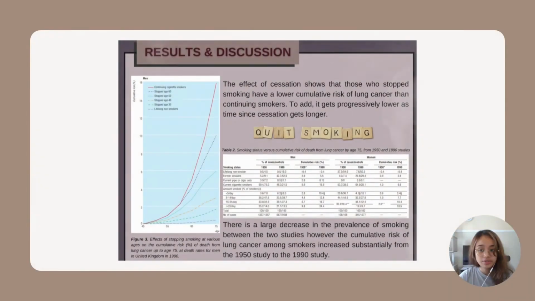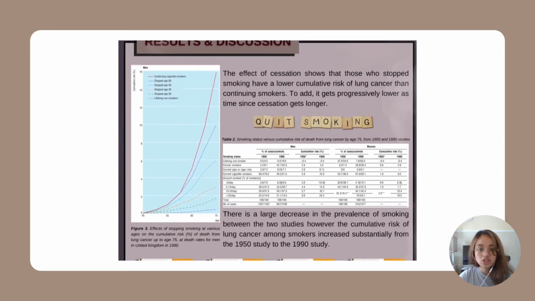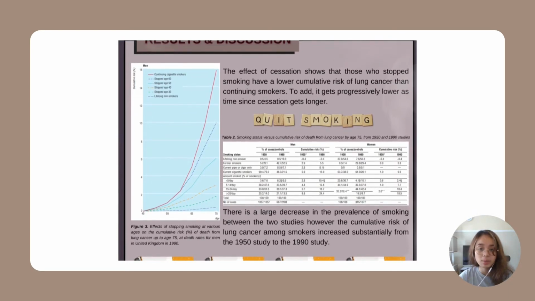For the results, Figure 3 shows the effect of cessation in the 1990 study. A large number of men and, to a lesser extent, of women had stopped smoking well before 1990. Hence, particularly for men, robust estimates can be obtained from the 1990 data of the effects of prolonged cessation on the avoidance of risk. Here, the ratio of risk of lung cancer in those who have stopped smoking to that in continuing smokers gets progressively lower as the time since cessation gets longer, although it never gets quite as low